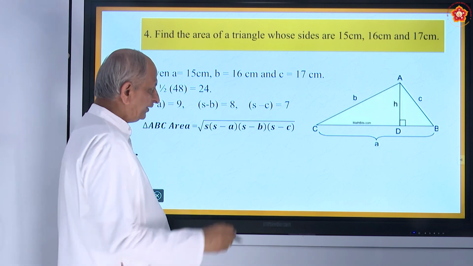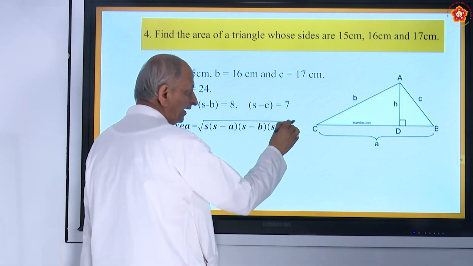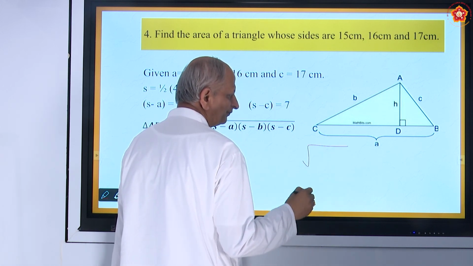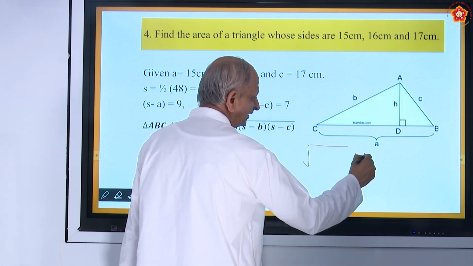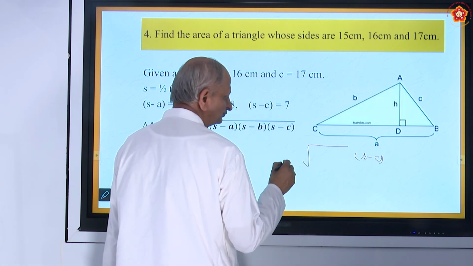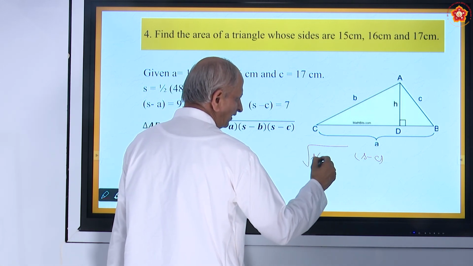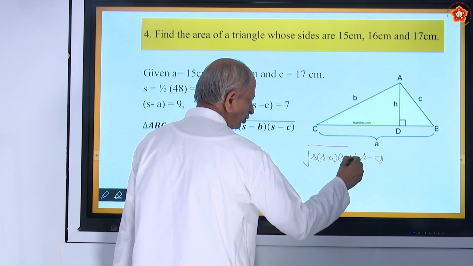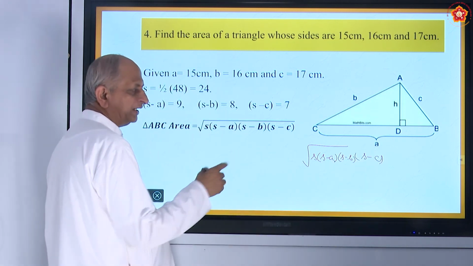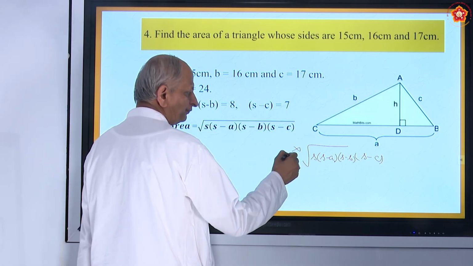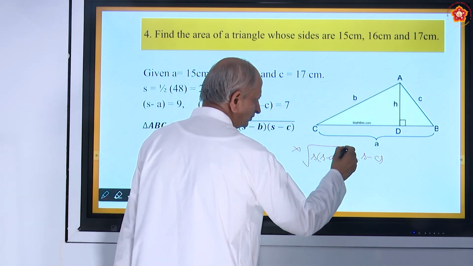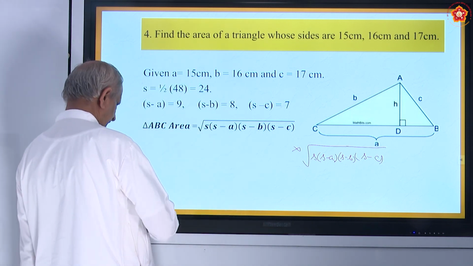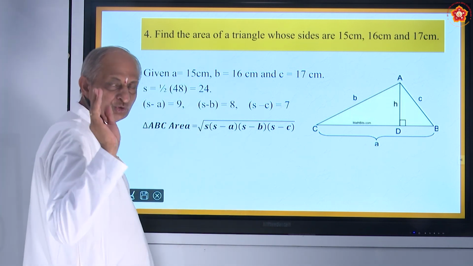And don't forget to put the root up to the end. Some of them will write only half like this, and lastly they write S minus C outside. That is wrong. It is not permitted. Okay. The root refers to the whole of it. Don't write like this. This is wrong. So what is the correct answer? Correct is up to C, S minus C you must write. These are all very small things, but you should know them correctly.